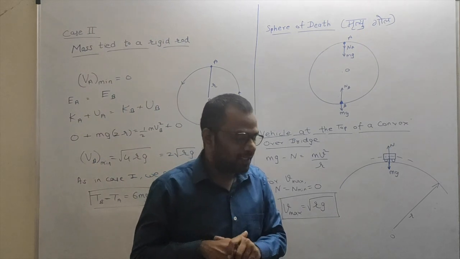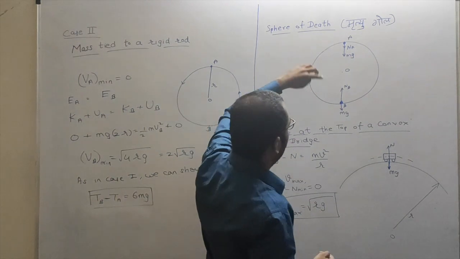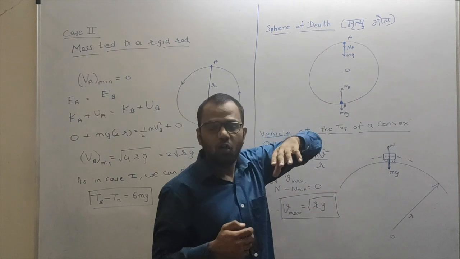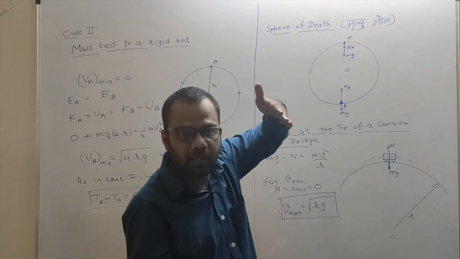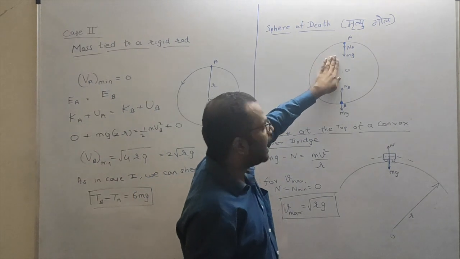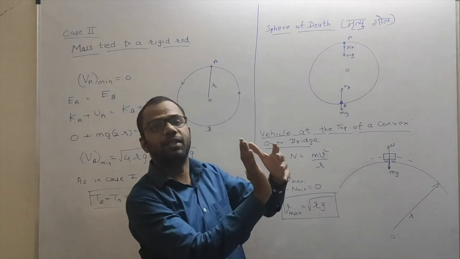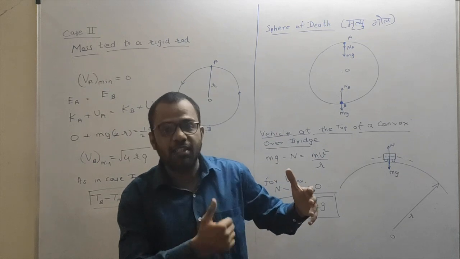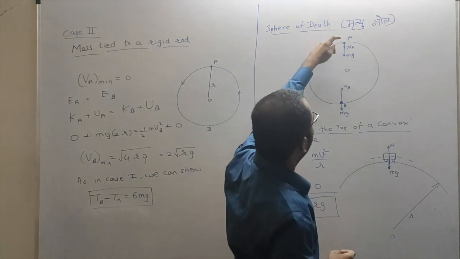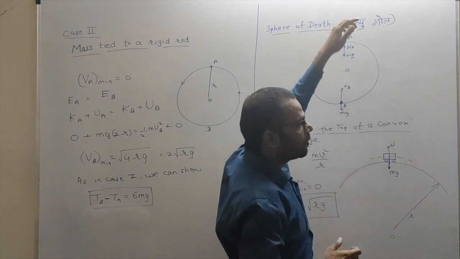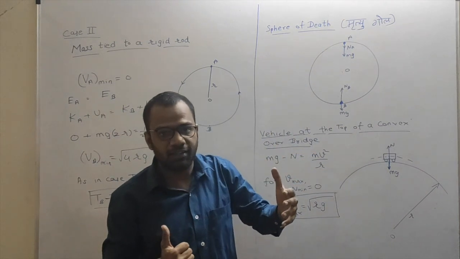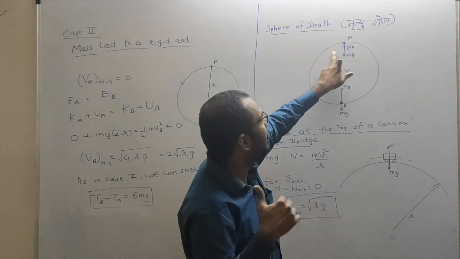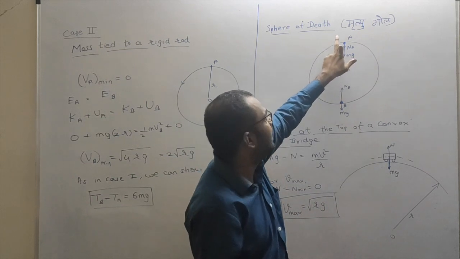Now let us check here. When the stuntman along with his bike is at the topmost position, here there is no string or rod attached to the object and to the center, right? But over here I will have the normal reaction from that hollow sphere acting on the vehicle. That will be towards the center. So at point A, the normal reaction will be like this, the normal reaction given by the sphere on the vehicle. It will be NA, and mg, both will be in the downward direction. Together NA and mg will act as centripetal force at point A.